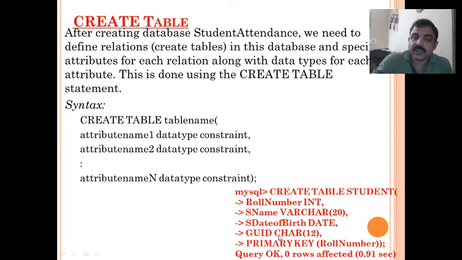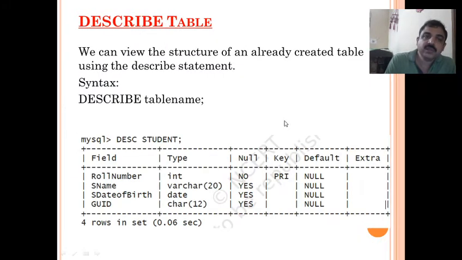Like this, one by one, fields you can specify, and you can also make a particular column a primary key using the primary key method. You write primary key and specify the column name which should be the primary key. So the command for creating a table is create table.